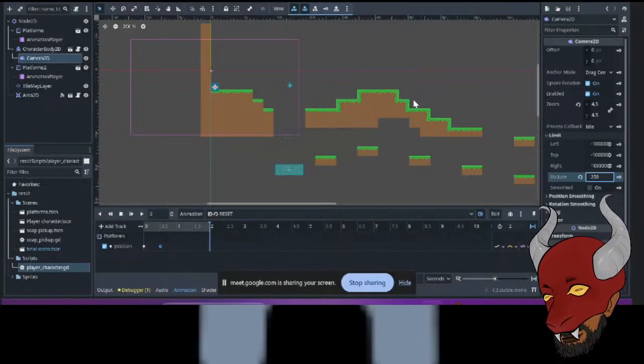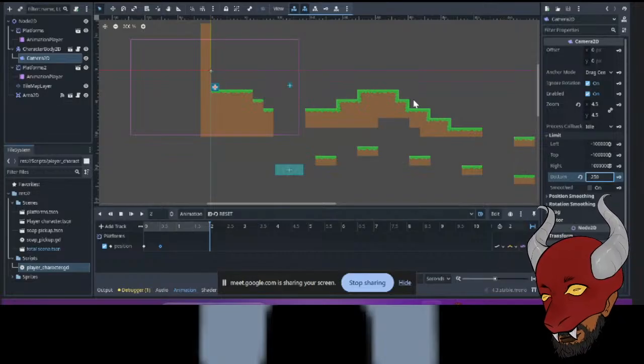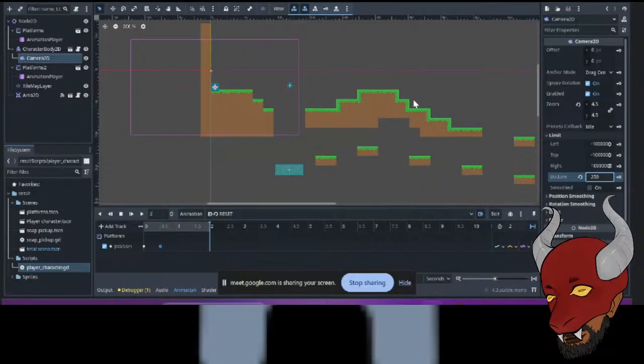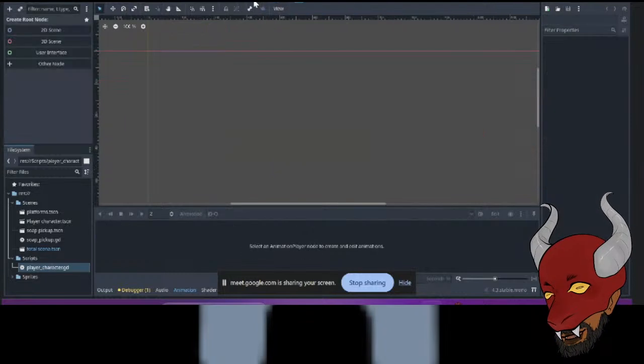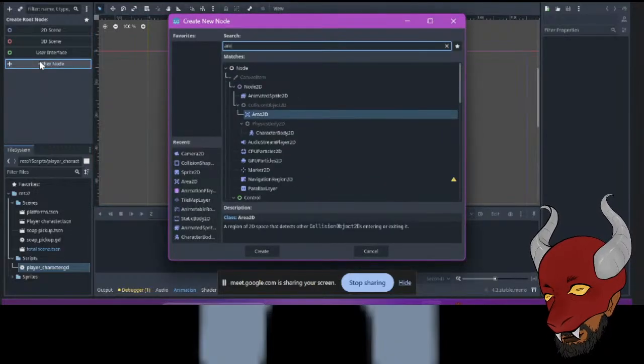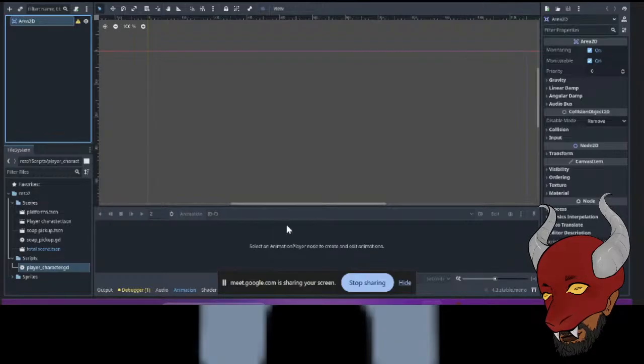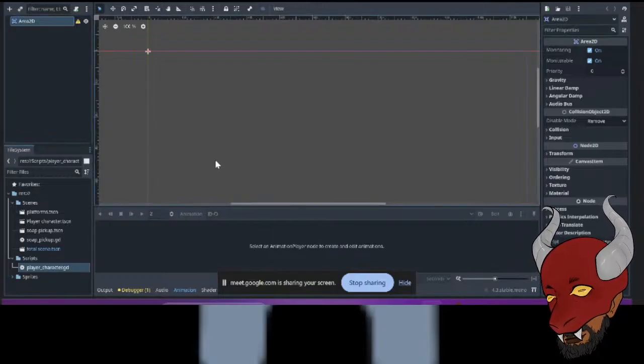Okay. I'll show you a really cool way to do this that allows us to reuse the same kill zone for more than just falling off the map, such as for spike traps, enemies, all kinds of elements of danger. And when we want to create a reusable element, we start by making a scene. Then to detect if we enter an area, we again use the Area 2D node. And let's make sure to set the collision mask here to 2. We only want to